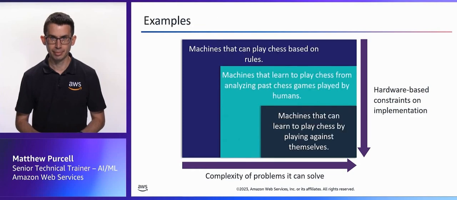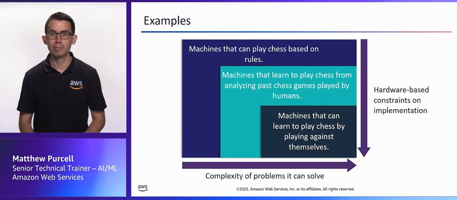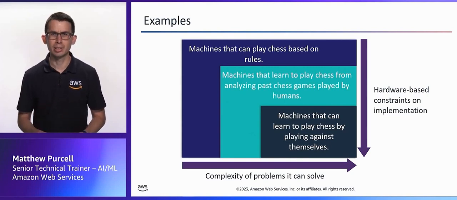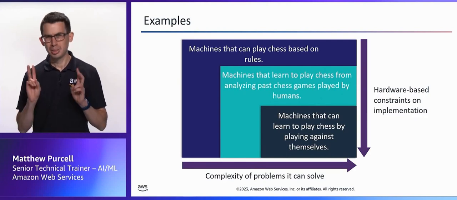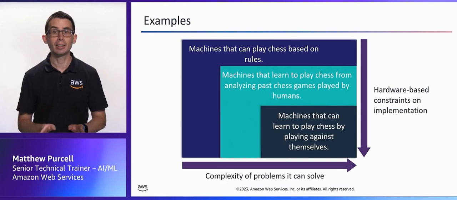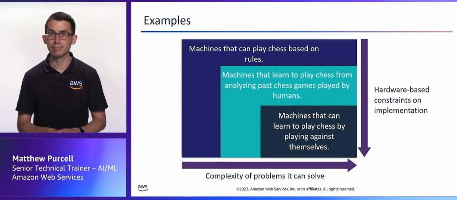To demonstrate the leaps between these three categories, we can use the classic example of machines that can play chess. With classic artificial intelligence, the machines couldn't learn anything that wasn't directly given to them in code. So a machine could play chess based on rules that were provided, but any improvements to its strategy would have to come from a programmer explicitly calling them out and programming them in. With machine learning, as we've learned in this session, chess-playing machines can learn and improve their chess skills by doing things like analysing past chess games that were played by humans. They could be provided